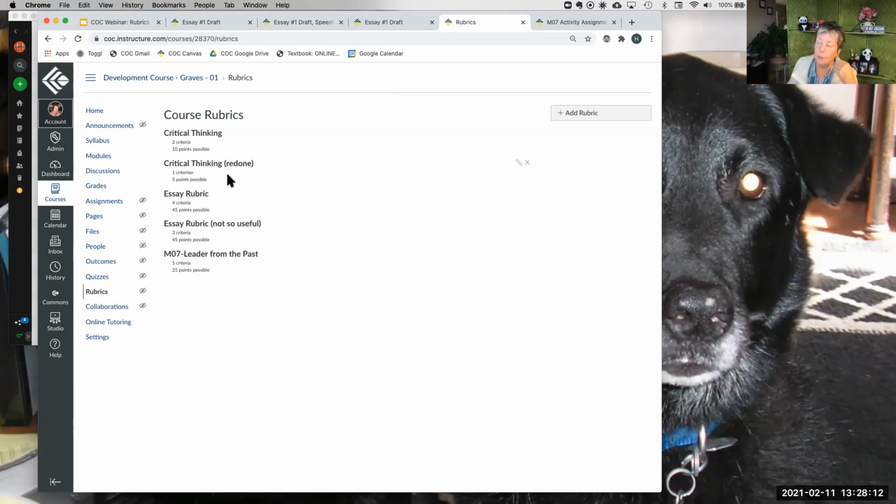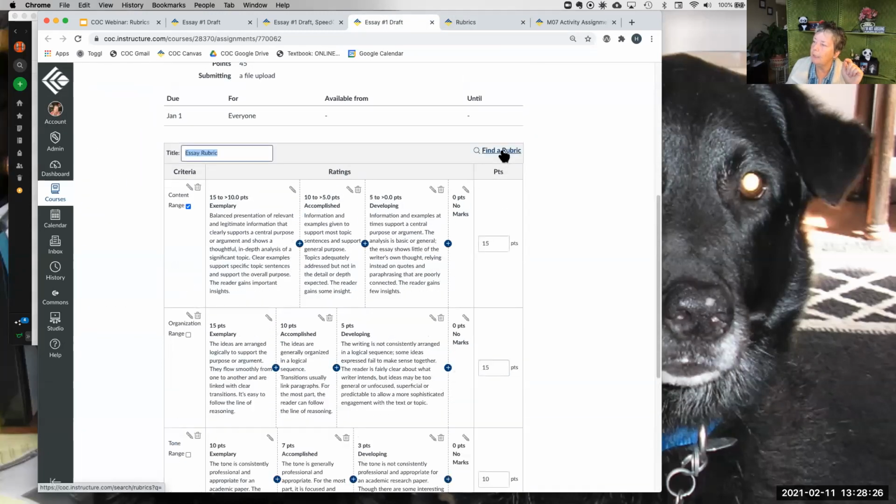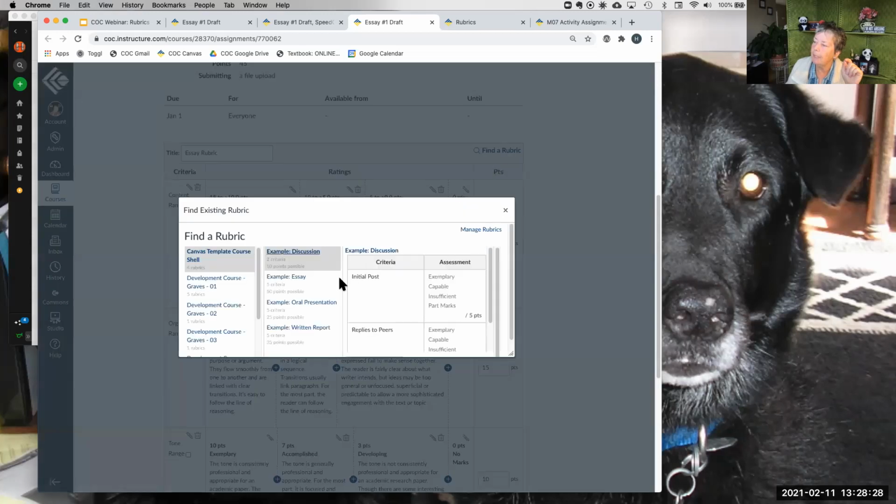What I often do is I will go in, if for some reason I don't want to delete it, maybe I want to archive it for some reason, I would change the title to say don't use or something to remind myself. So if I'm ever in this area where I am doing the find a rubric and I'm seeing ones, I know right from the title, oh, that's not one I want to use. I want to use the other one.